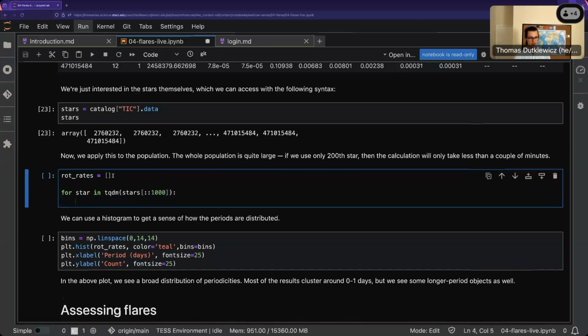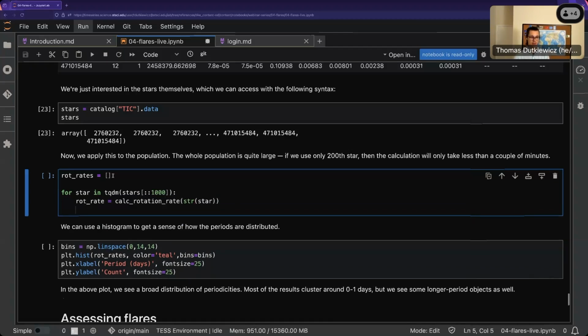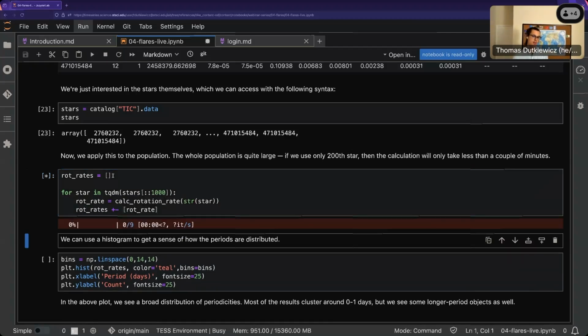So for star in every 1,000th star, the rotation rate is, we'll call this function that we used above, calculate the rotation rate. I don't actually think you need to pass in the star as a string, but it's in my notes that way, and I would really hate for it to not run. So I will pass it in as a string, and then we'll say that rotation rates plus equals the rotation rate that we just got. So that should append it to our list. When I run this,